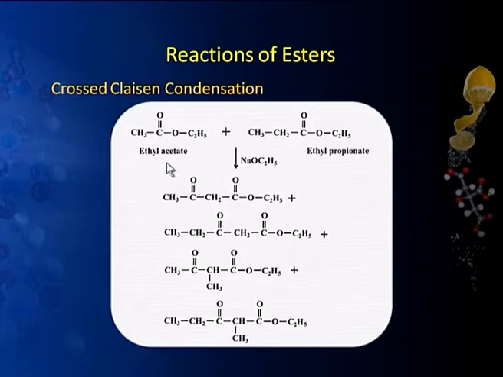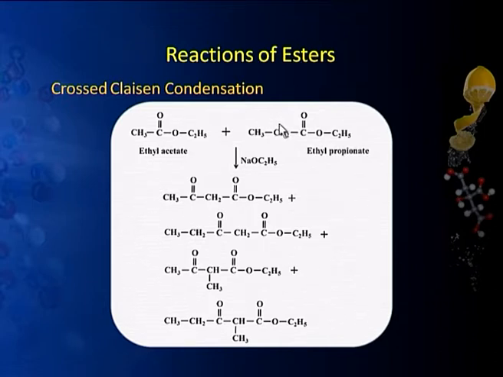Say when this crossed Claisen condensation is carried out between ethyl acetate and ethyl propionate, these are the 4 possible products. This is ethyl acetoacetate, this is ethyl propioacetate. Here this is formed when the anion from the ethyl acetate has attacked the carbonyl group of ethyl propionate. Then this is the compound formed by the reaction of anion obtained from ethyl propionate, because the anion will be